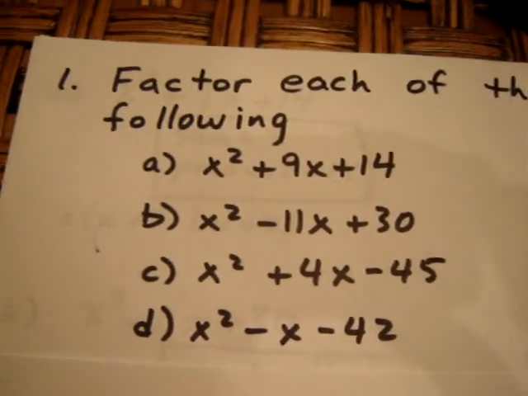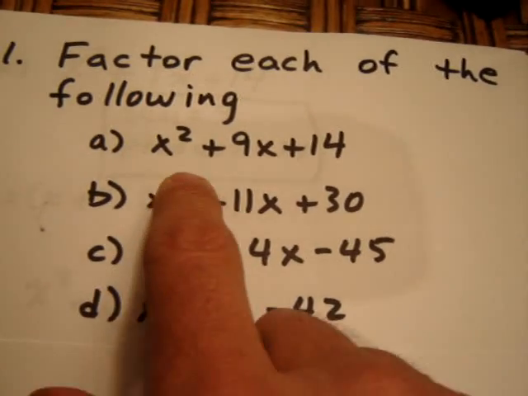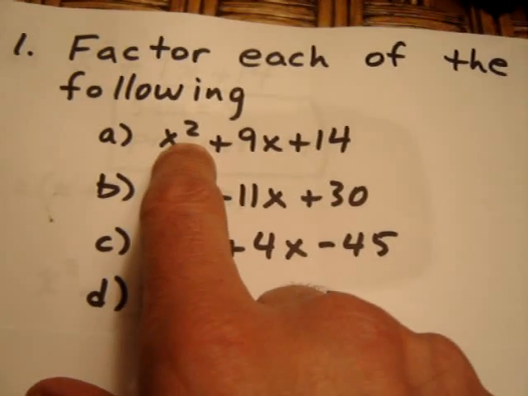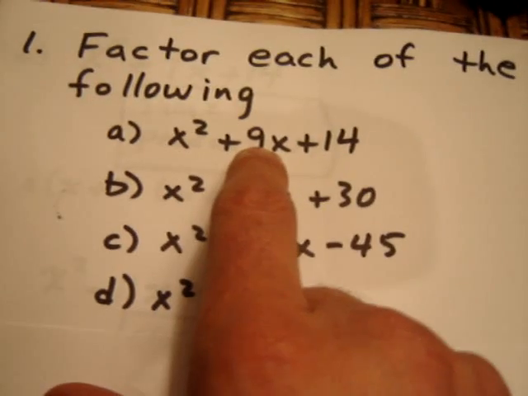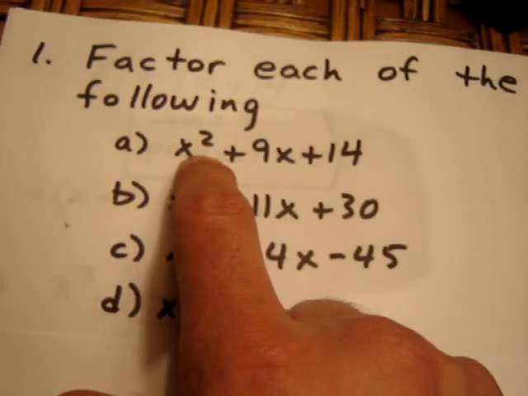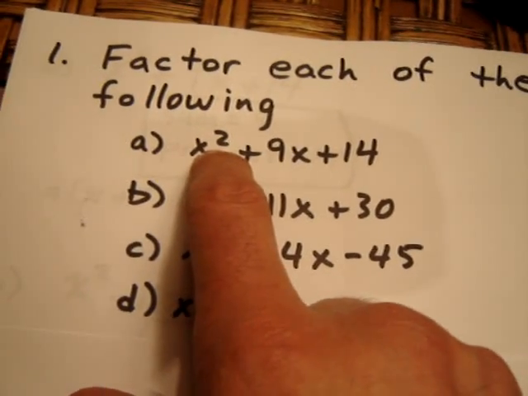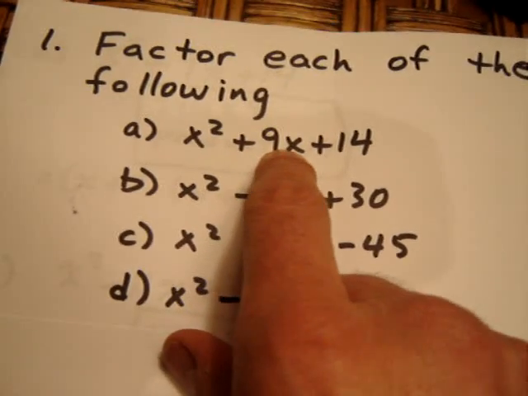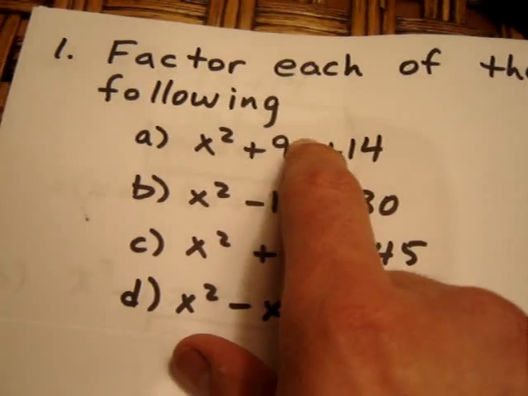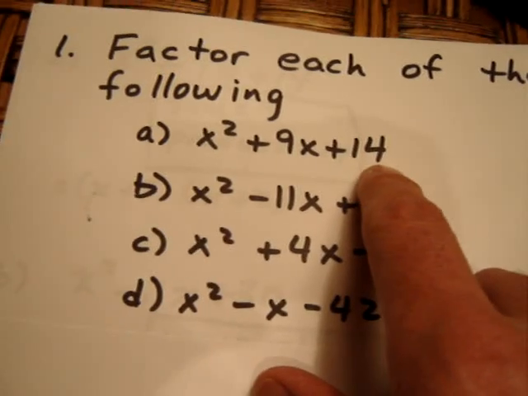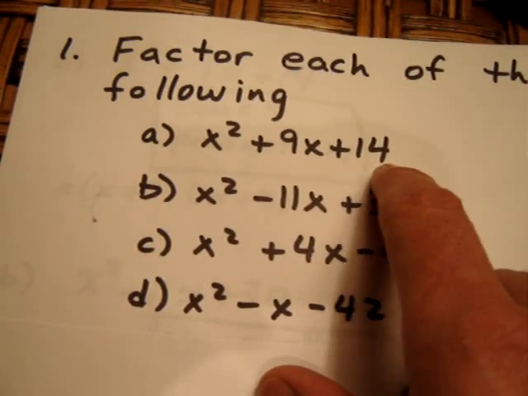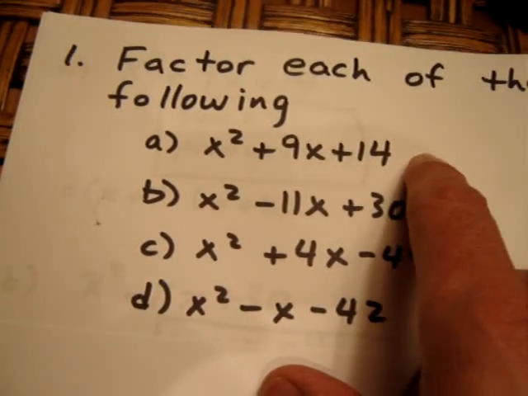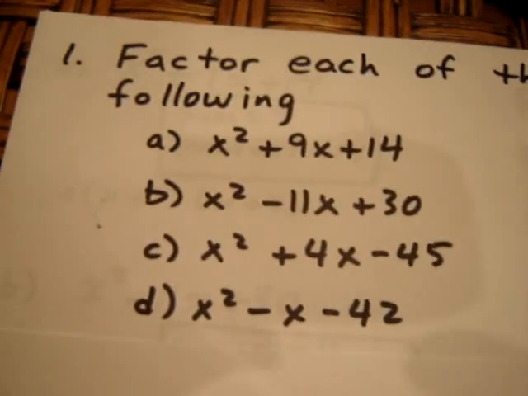Well, when we have a trinomial where the first term is degree 2, the second term is degree 1. Now when I say degree 2, I mean the exponent is 2. The second term is degree 1 because the exponent is 1. And the third term is degree 0 because we don't see the variable there, and technically that means it's x